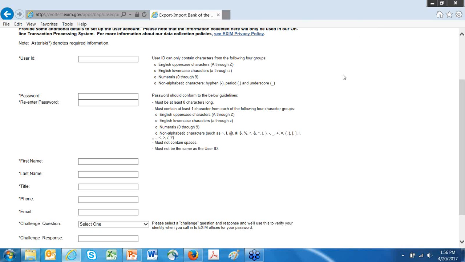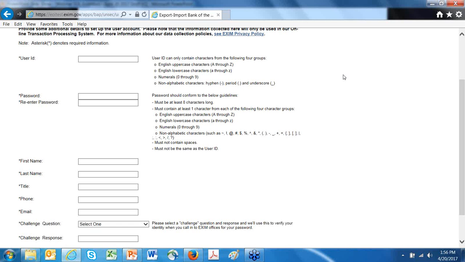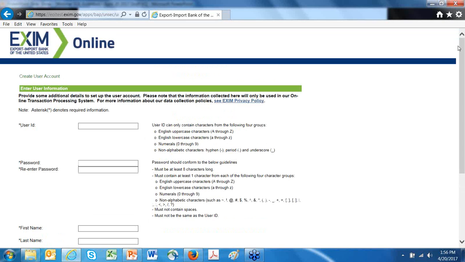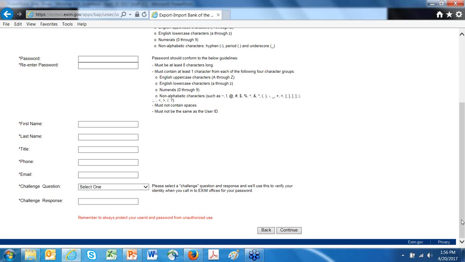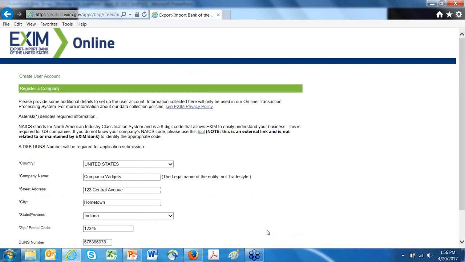I'm now going to go into the exporter view so we can see how to associate a broker with a particular exporter's account. So to do that, I'm just going to go back out of this.